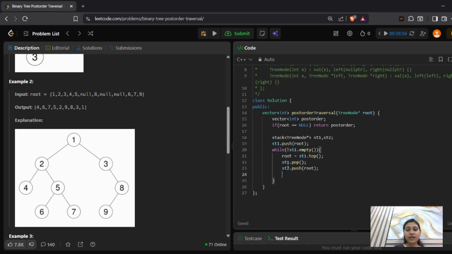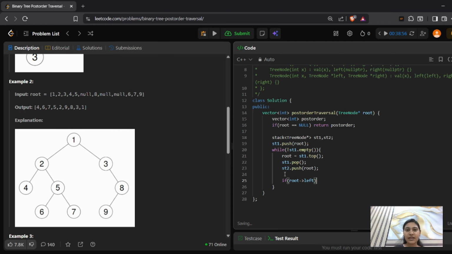Fine. Now we need to traverse the left and right child of the current node, which is at the top of stack 1 and which we have stored in stack 2. So who are the left and right child? 2 and 3. Firstly we'll check if the root's left child exists.